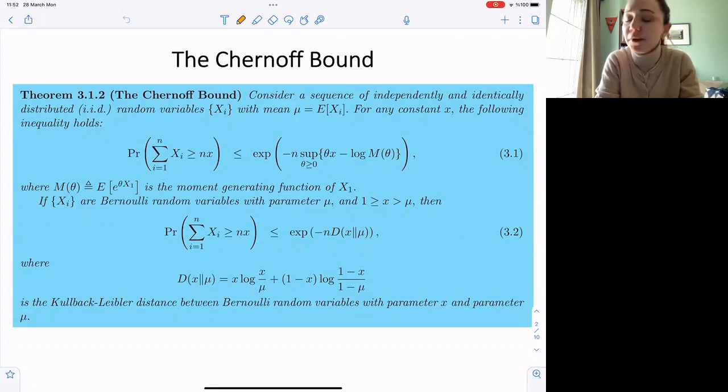You already remember Chebyshev inequality from undergraduate probability, but you may not have heard of the Chernoff bound, have you? Has anyone heard of the Chernoff bound before? Yes, from 531, says Ömer. Okay, that's good.